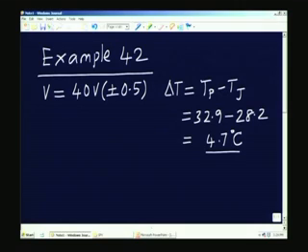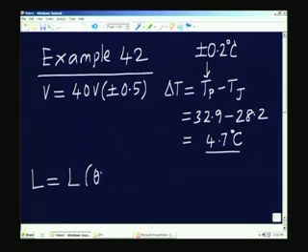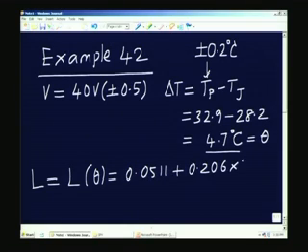and each of the temperatures has a plus or minus 0.2 degrees Celsius uncertainty. This is also specified in the problem. And the expression for the loss I can write down now, which is a function of theta, which is nothing but your theta in that expression. All I have to do is to substitute this into that expression, and I will get 0.0511 plus 0.206 into 4.7